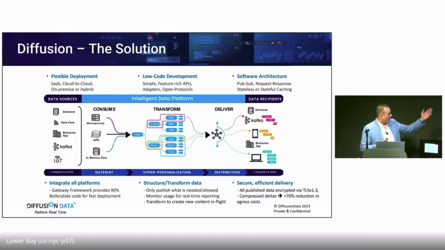We operate on-prem, in cloud, or hybrid. We've got our own Diffusion cloud today. You can sign up today for a Diffusion cloud instance. That's running in production across many clients. All of the APIs we've mentioned allow us to build platforms for our customers. It's completely open in that sense. Everything is exposed and transparent. Everything from monitoring the metrics, manipulating the topic tree, controlling the users, and so forth. It's all API driven. And then finally, it's pub sub streaming generally, but we also support request response for those that don't need every single update, maybe like a web page. And of course, we can either have stateless caching or stateful caching if you need the full data.